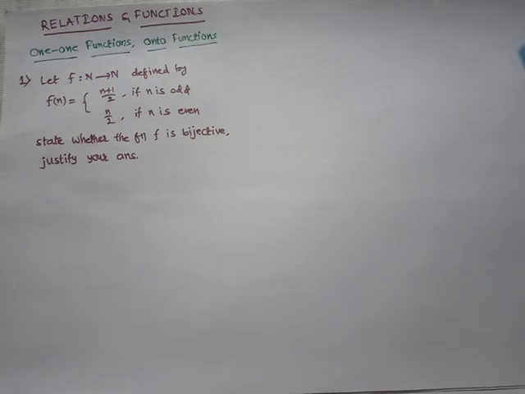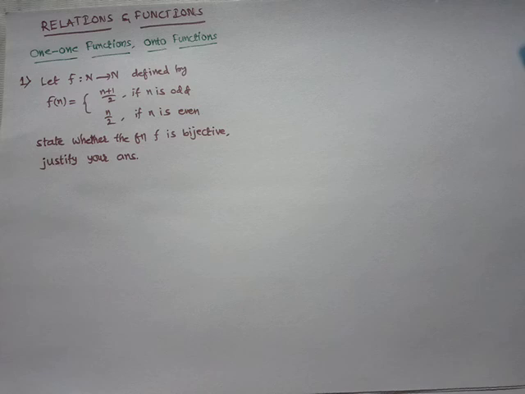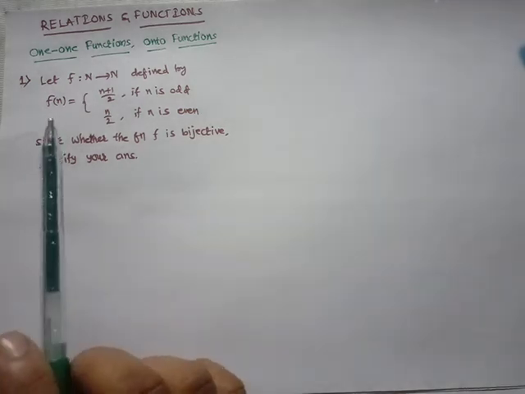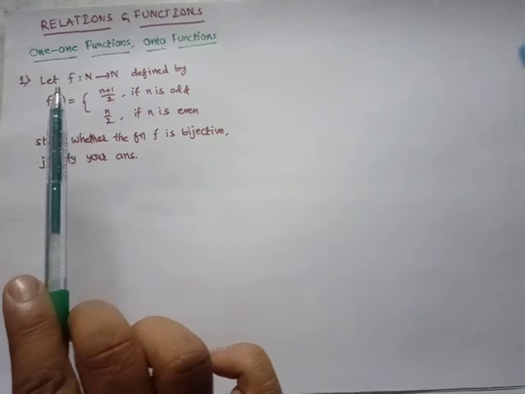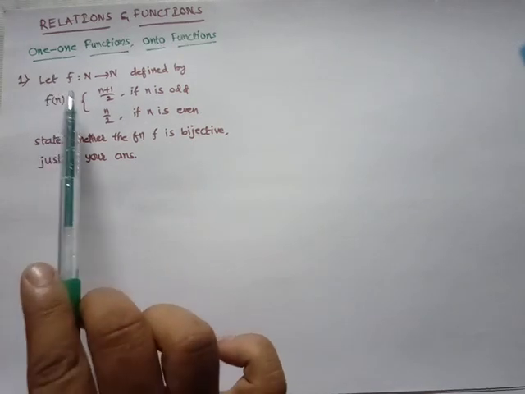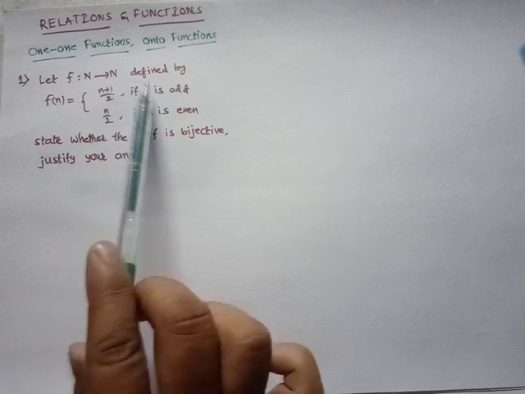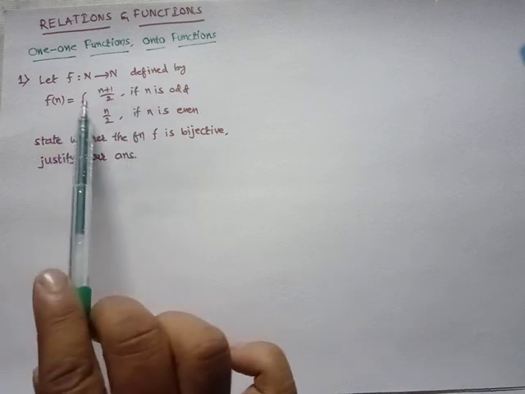Hello everyone. In the topic relations and functions, we'll see a few of the problems related to one-one and onto functions. The question given here is related to exercise 2.1.2. If function f is a mapping from natural numbers to natural numbers defined by f of n is equal to